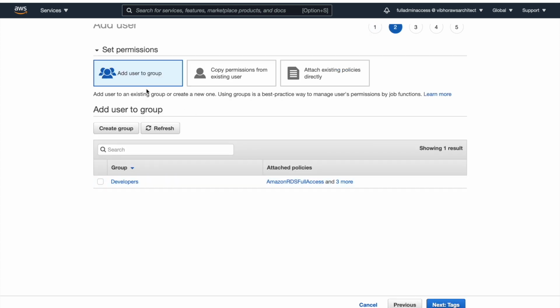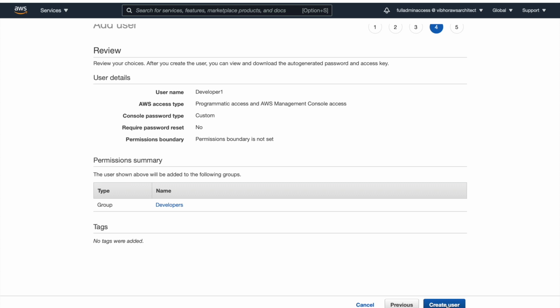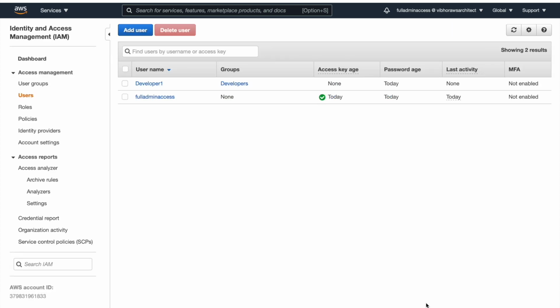Now we are going to allocate this user to the group, and we are not going to attach any policy directly. Click on next tag, next review, and then create user. Again, we can download the CSV file over here, but since I am not going to log in via CLI, I am not downloading it.